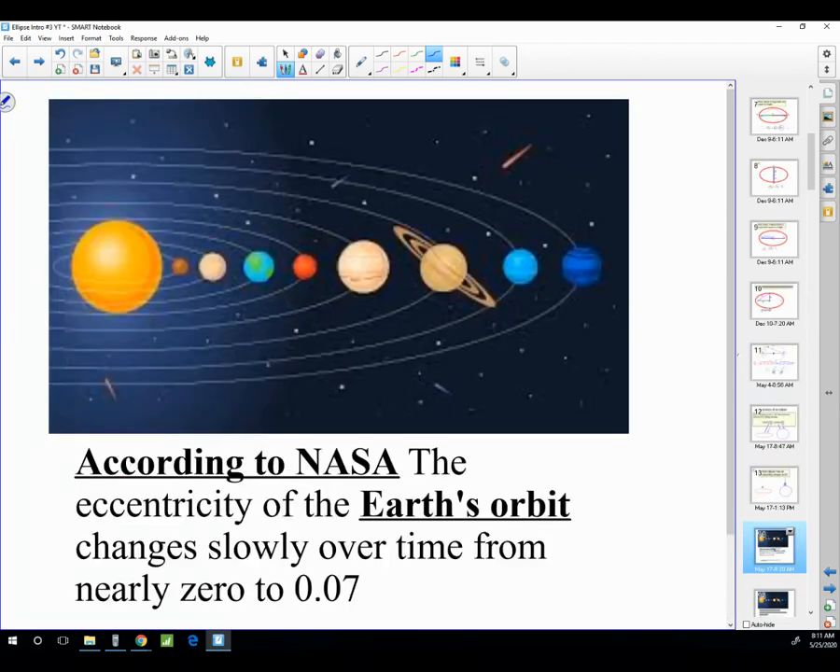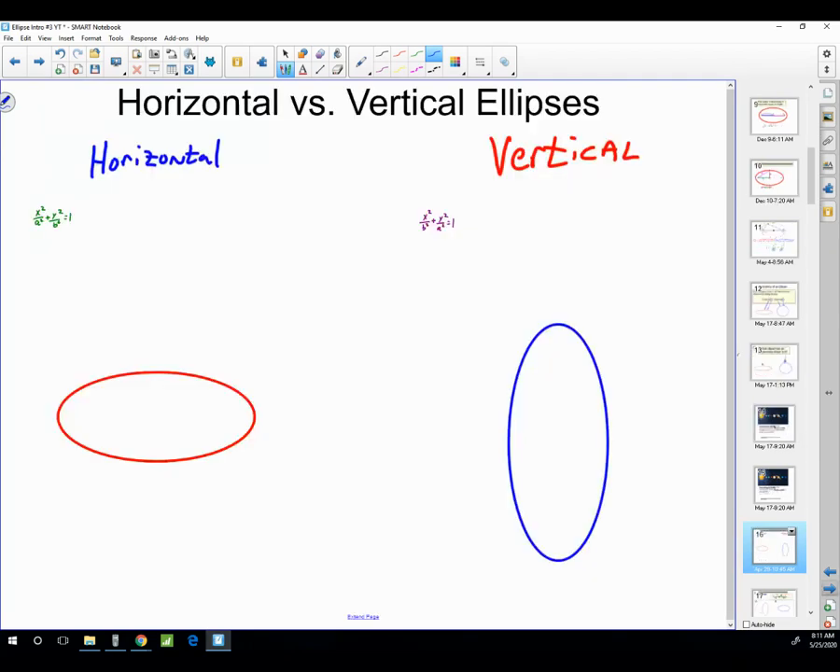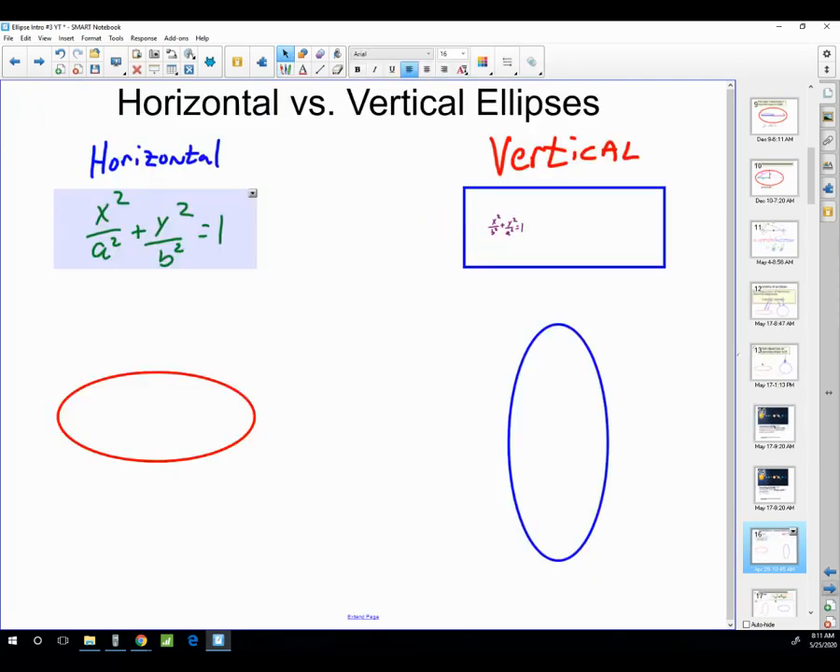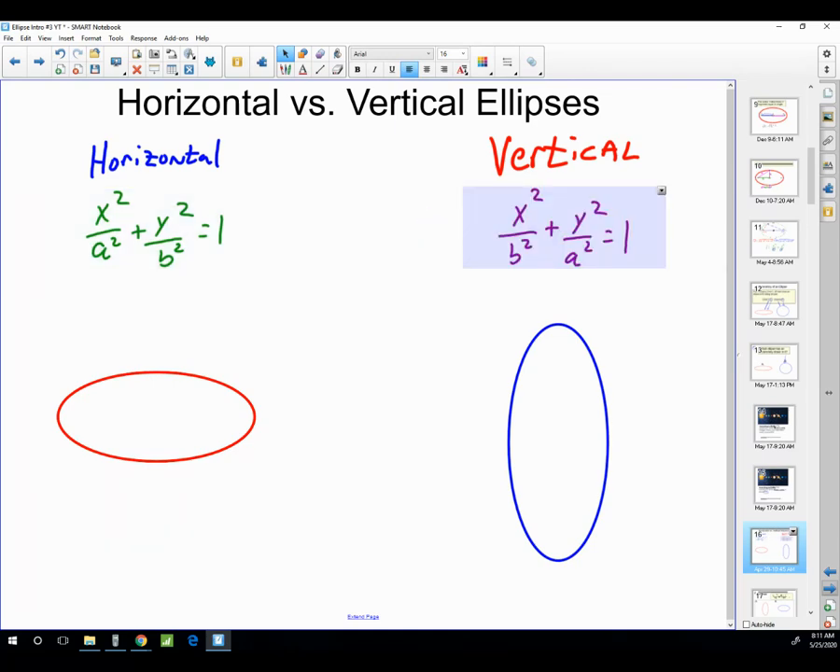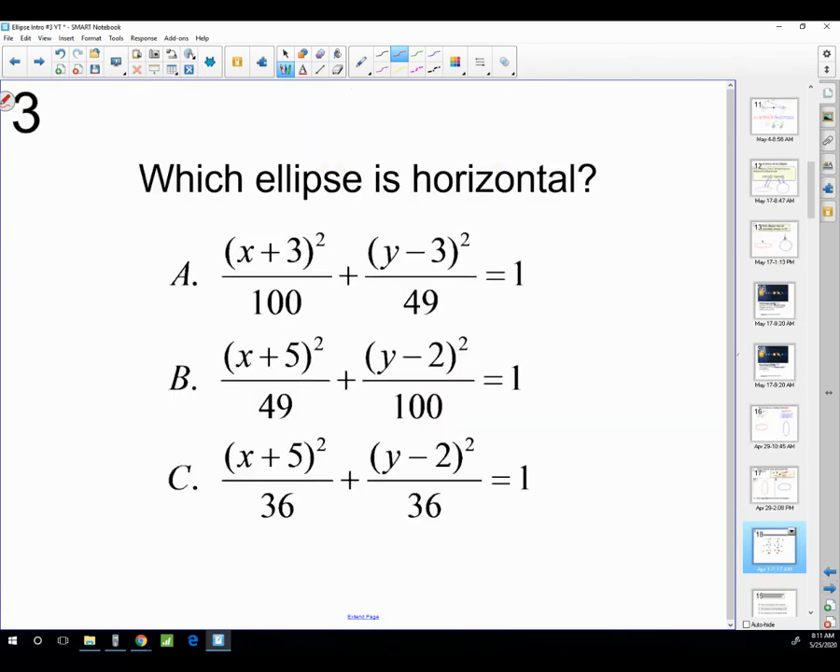We saw the orbit of Earth is an ellipse, and it's pretty darn circular. And Pluto's is more flat. It has an eccentricity of 0.25. Horizontal ellipses have A under X, and vertical ellipses have A under Y. We have talked about that. We should know this answer right here is vertical because 100 is bigger than 40, and it's under Y, and the answer is A. We know that the horizontal ellipse here is choice A because 100 is bigger than 49,